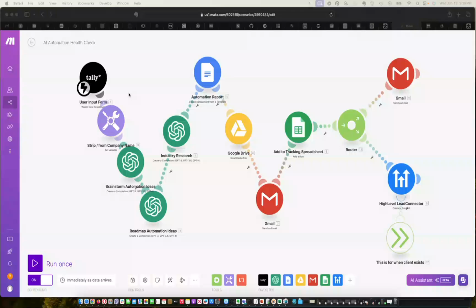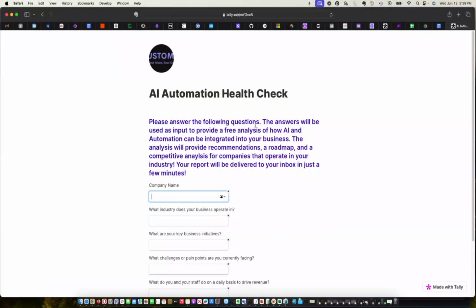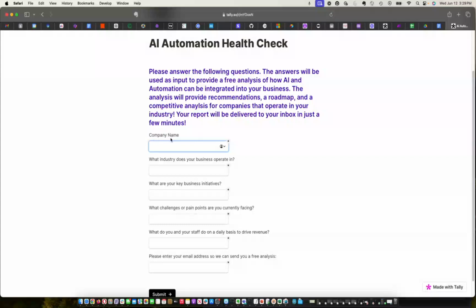Wanted to share this automation I created in make.com. Basically, what this does is an AI automation health check. It takes input from a form that looks like this, and you just enter a few pieces of information: